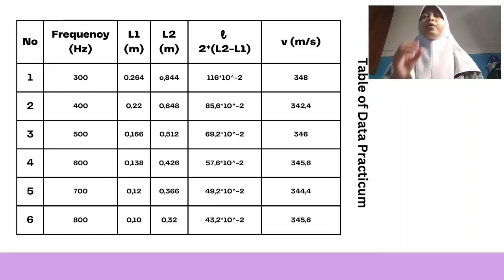0.166 and 0.512. The wavelength is 0.0692 and the velocity is 346. At a frequency of 600 Hz, the distances are